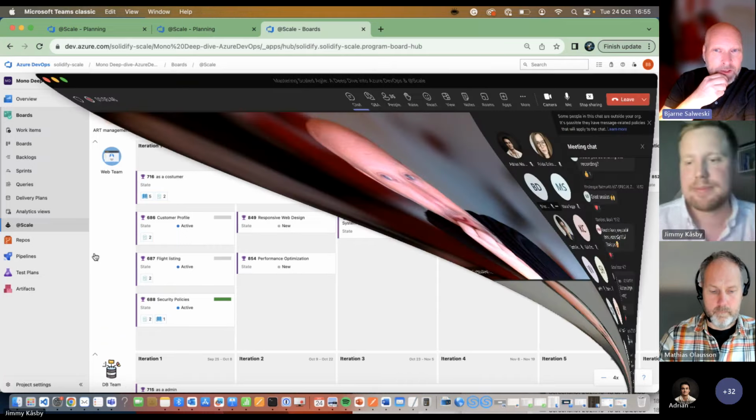And that's actually one of the very, very large benefits with At Scale: you are able to create dependencies across ARTs. You are able to move work items across ARTs in one track. It's very difficult to do it alone in Azure DevOps, but in At Scale you can do it right away